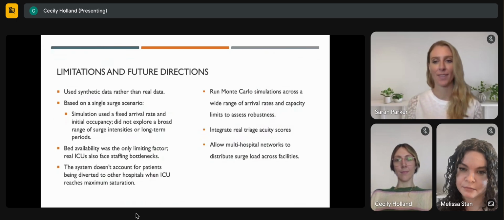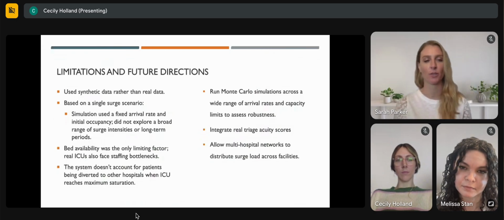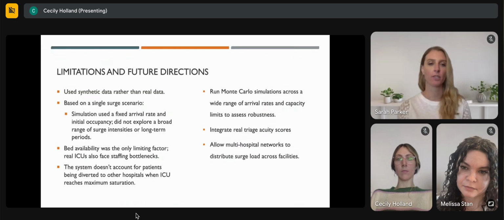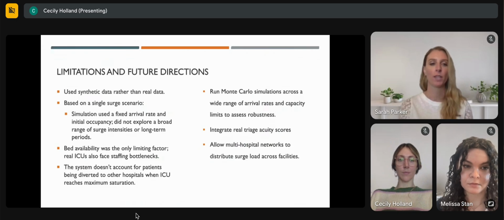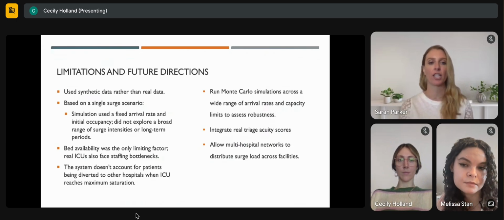Okay, and I'm just going to conclude this presentation with our limitations. We used a synthetic data set rather than real data. We selected 66 patients, which is a relatively small data set to work with. If we used real patient data, we would have access to more clinical indicators and historical data for ICU admissions and wait times. We ran our simulation off a single surge scenario, but in the future you could run